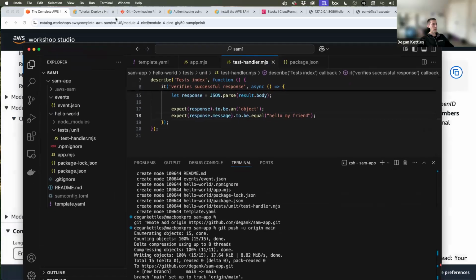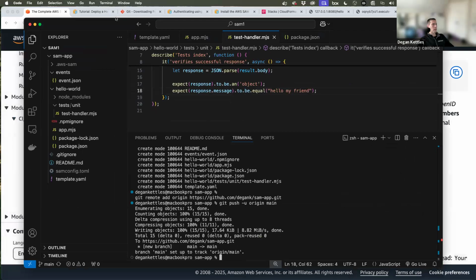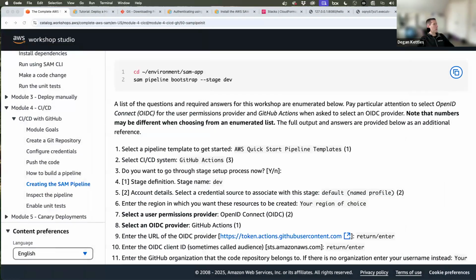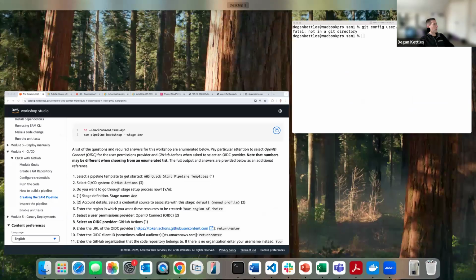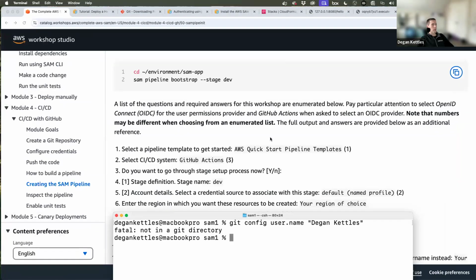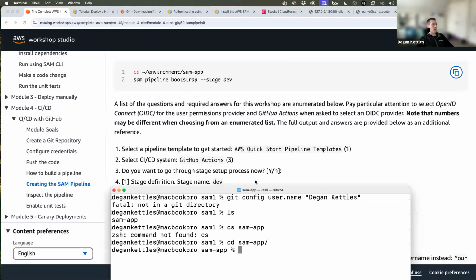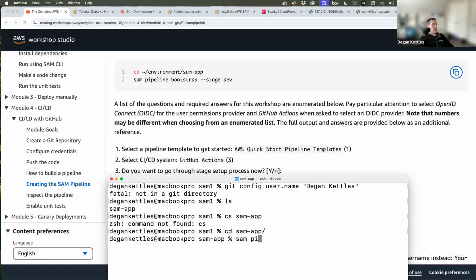Well, given how much real estate I need, I might just go to a terminal window. So I'll say present working directory, SAM app. Let me pull up another window that I had up earlier. It's right here. So I'm in the SAM app directory, and I'm going to type in sam pipeline